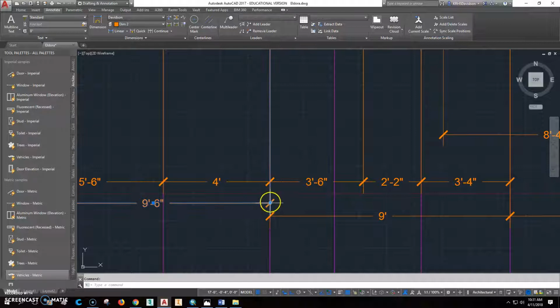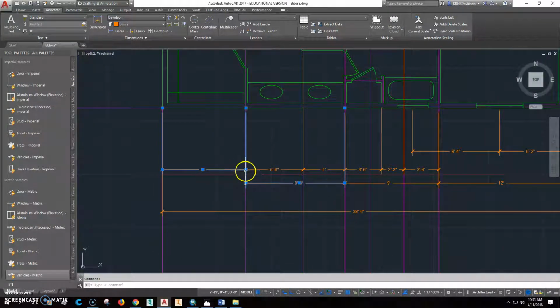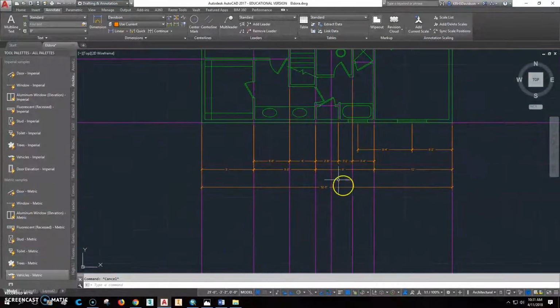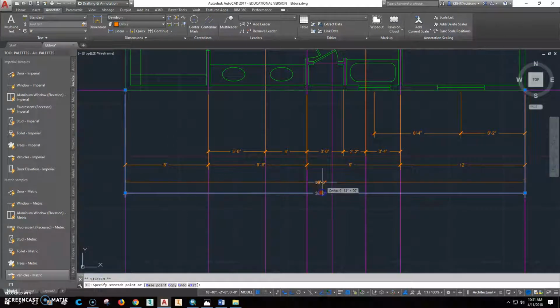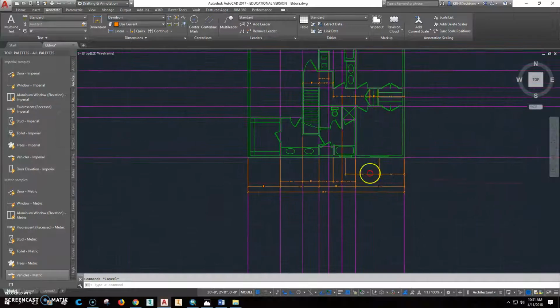I'm going to grab that, put that there, and grab this grip and line them up that way. And this one I'll grab that grip and move it down here too. So now that looks pretty good. Move this one up so it lines up a little bit better. Alright, so now